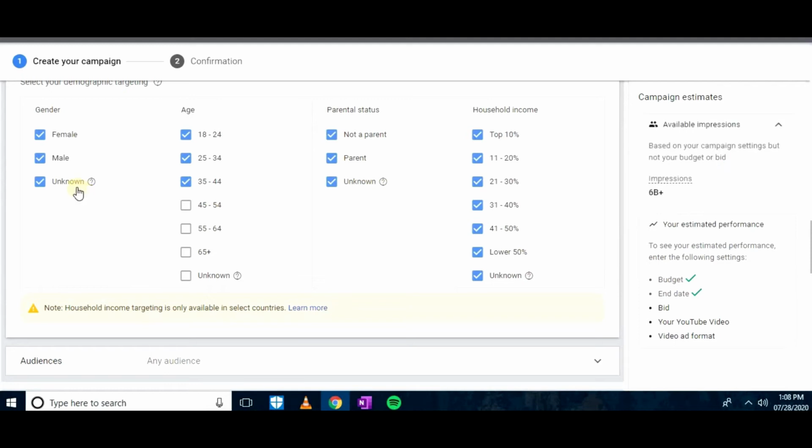So better you should choose an age range between like 18 to 24, 25 to 34, something like this. Think about who are the people that are going to search for this content, like for jobs. It depends on what your content is about. So here I have already unticked three or four options, because I wanted to be more specific for